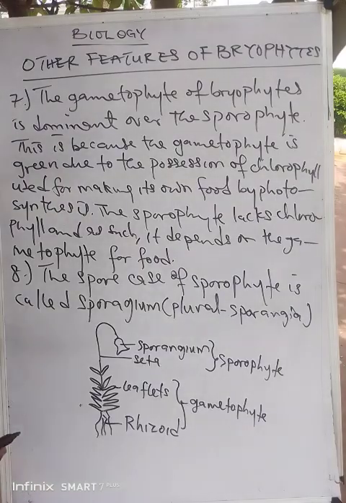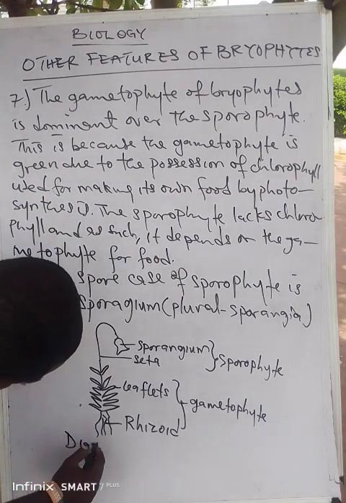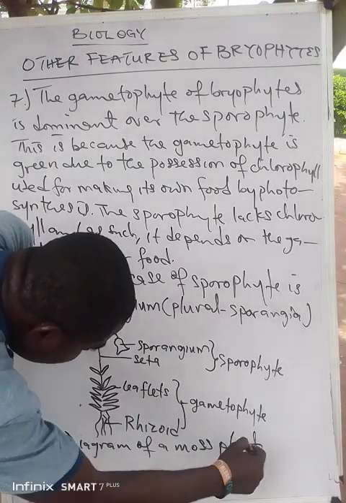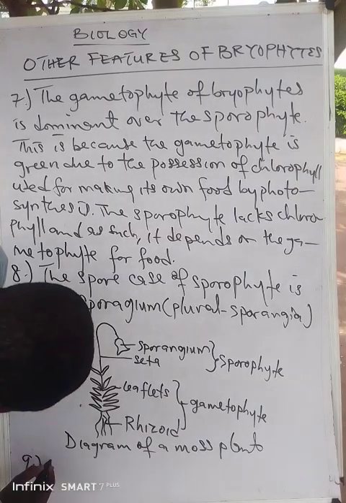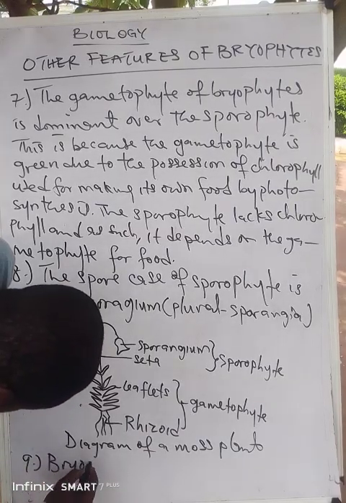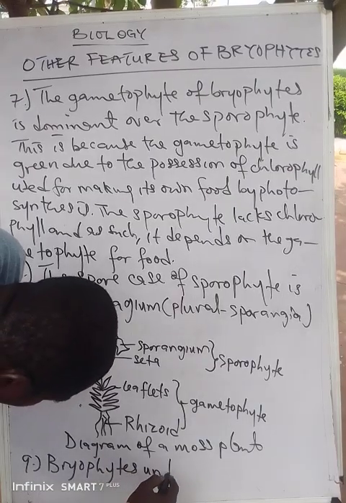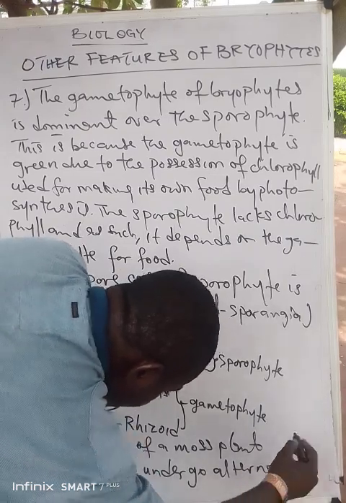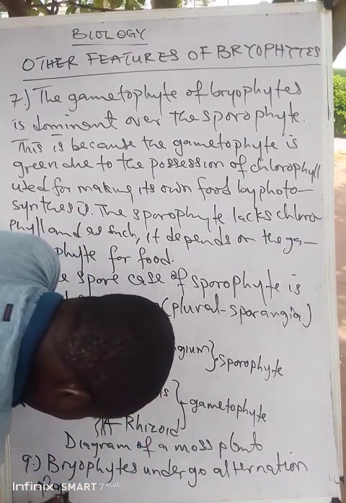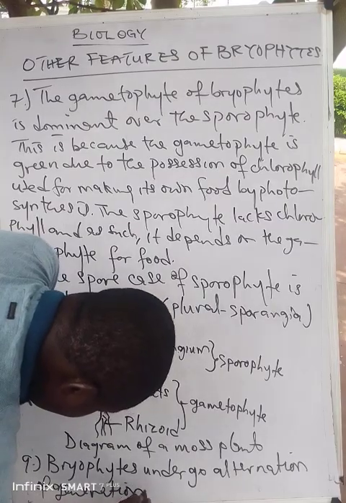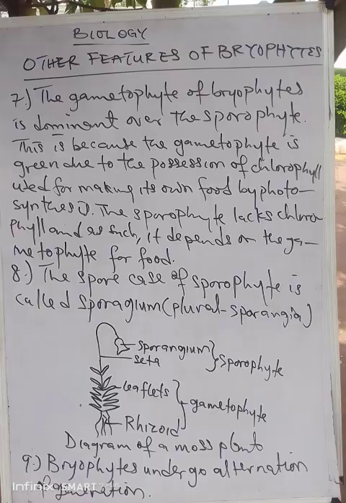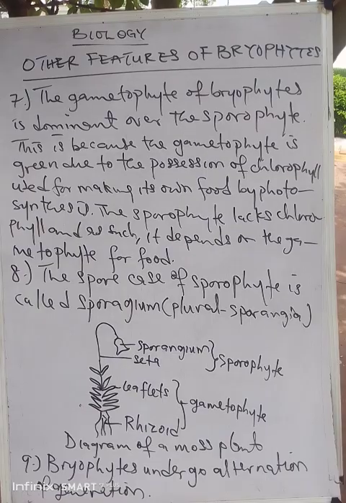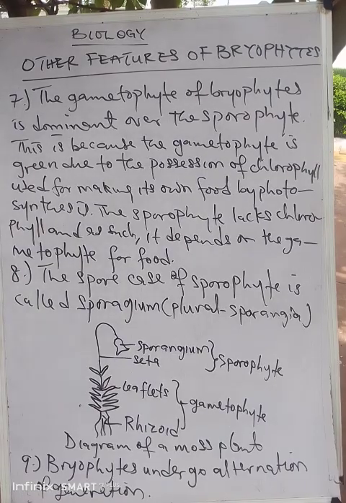So what we have here is a diagram of a moss plant. And don't forget, I said something, number 9: bryophytes undergo alternation of generation. What does that mean? Alternation of generation means the ability of the sporophyte life to come from a gametophyte and the ability of the gametophyte life to come